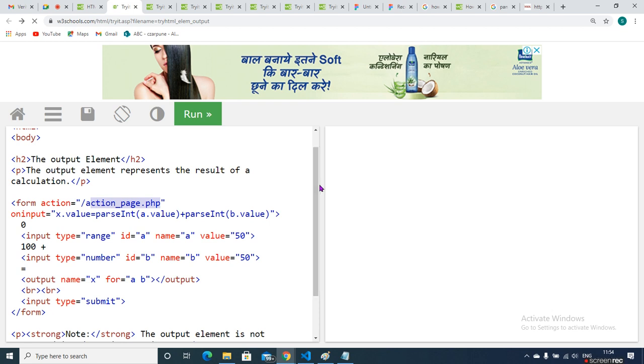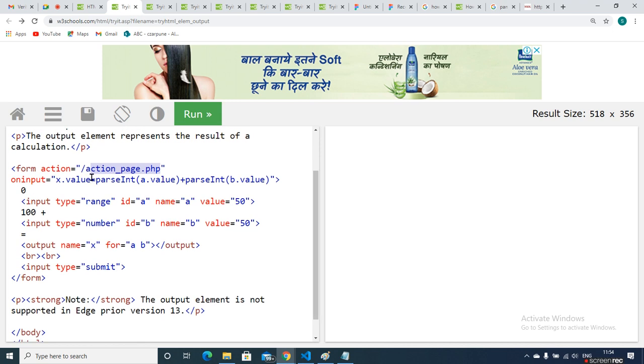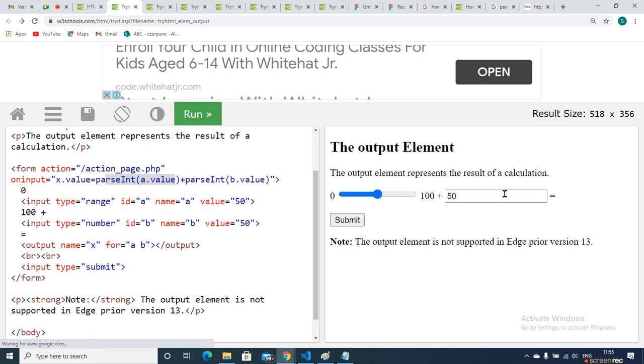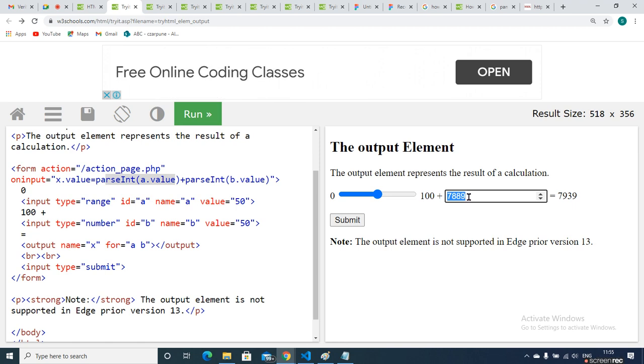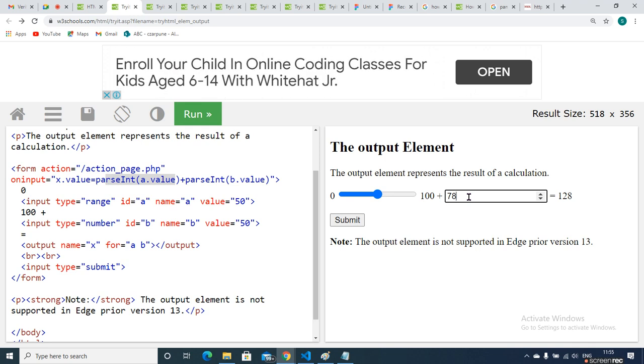If you can see here, output means you want to display some output. But what value do you want to display? x.value parseInt means, if I enter some characters here, they are considered as characters, but I want to convert them into integers.